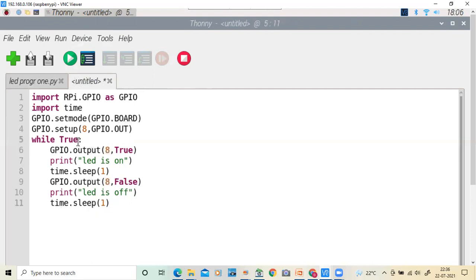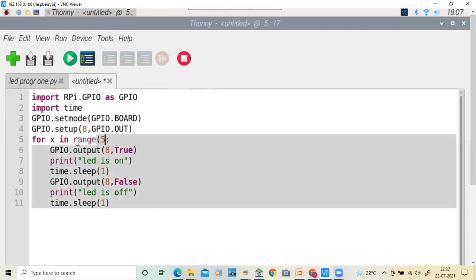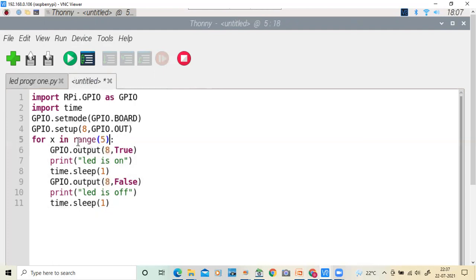Instead of while True, I am going to change it with this syntax: for x in range(5). Here I mentioned 5, which means only 5 times the LED is on and off. After that it is terminated. Let me run this program also.